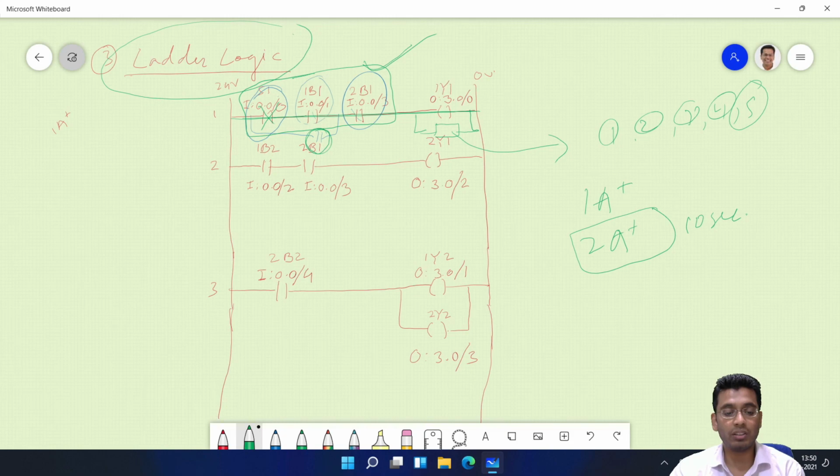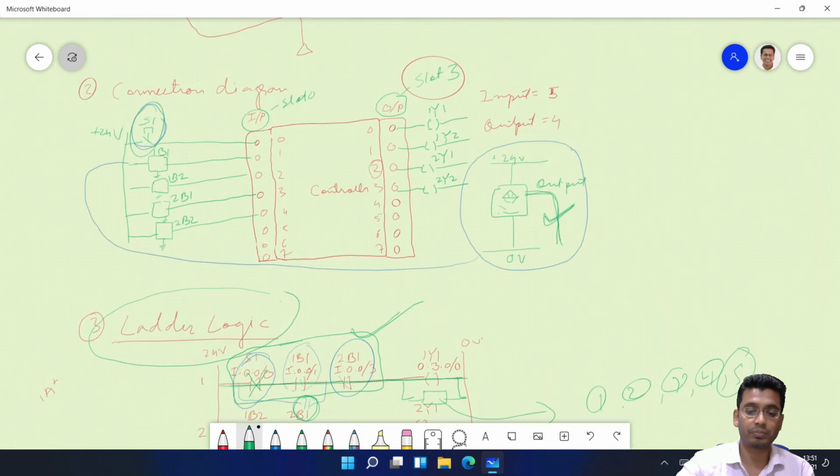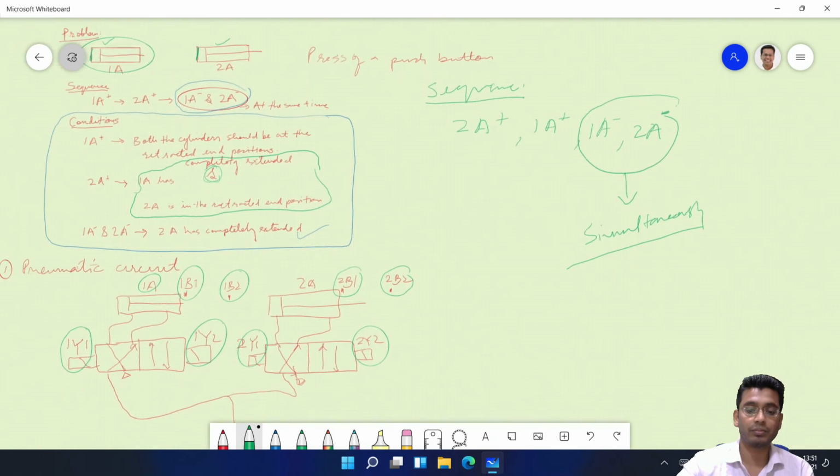That means you have all the flexibility of adding a delay. Suppose you have made a program that works for 5 cycles. Somebody comes up tomorrow and says, now I want to extend this to 10 cycles, or I want to give a delay between these two operations, for example 20 seconds or 30 seconds. What you can do, you just have to reprogram the logic, make changes in the software part, and then execute the same on the hardware elements. Fine. So these are the things that you can do with the PLC. You just try to attempt this sequence that I said here.